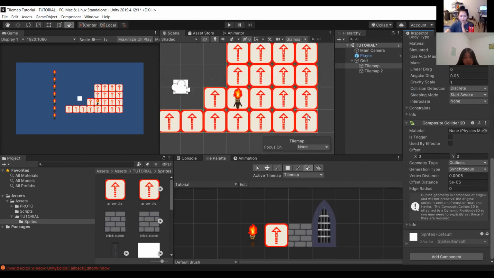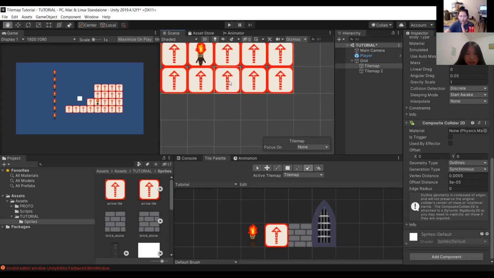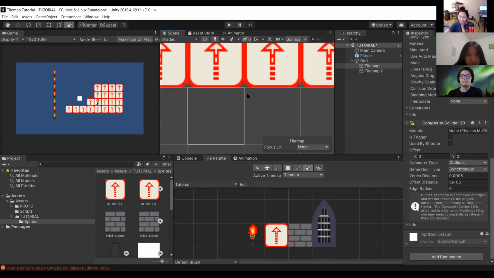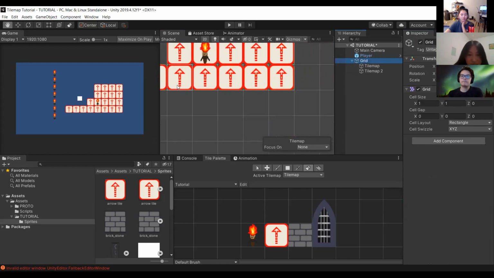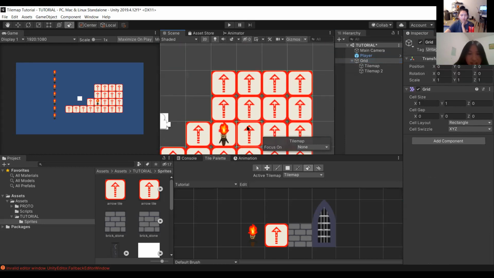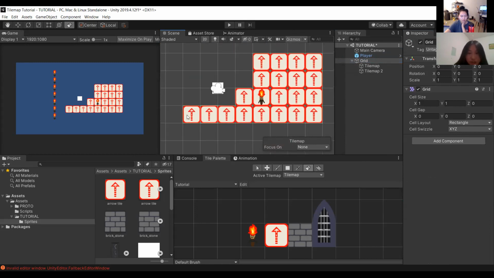What that should do is, if I look at my big grid here, you should see that the green bar only exists around all of these tiles. It doesn't create a separate collider for each of these tiles inside. It essentially created one large collider for this entire shape. That saves a lot of space, and it's also more efficient. So that is one way that you can use it.